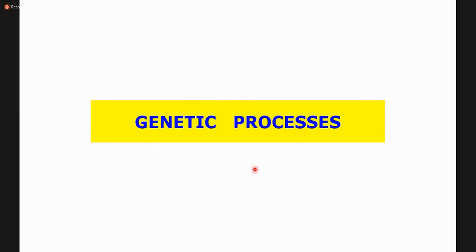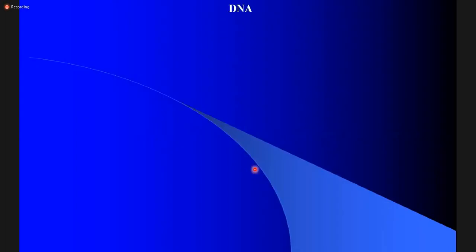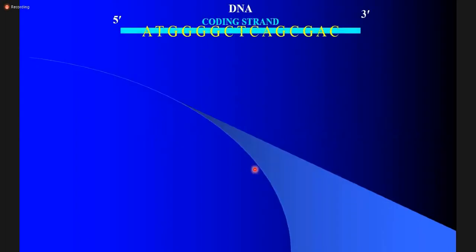Now, we have genetic processes. We have 3 basic genetic processes that help in the transfer of information from the DNA to the RNA and then to the protein synthesis. Just before jumping on to the 3 processes, what you need to understand here is the alignment of the